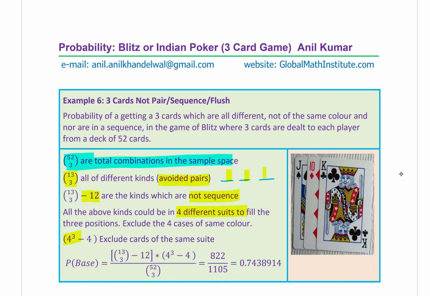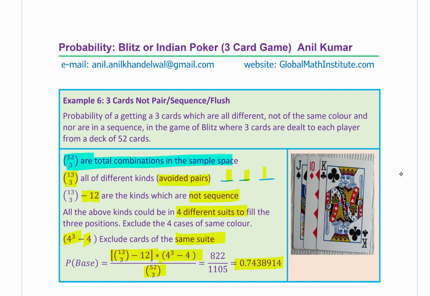Now, out of this 4 cube, there will be 4 which will be of the same suit. So we have to avoid the same suit also. So avoiding all those things, multiplying with the number of cards which we are dealing with, we get the numerator, which is 13 choose 3 minus 12 times 4 cube minus 4, and then divided by the total number of ways of dealing these 3 cards from the pack of 52, which is 52 choose 3, and we get an answer